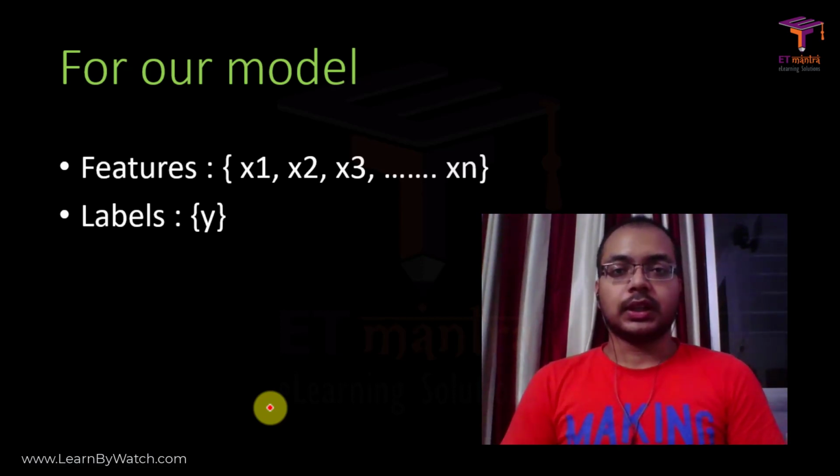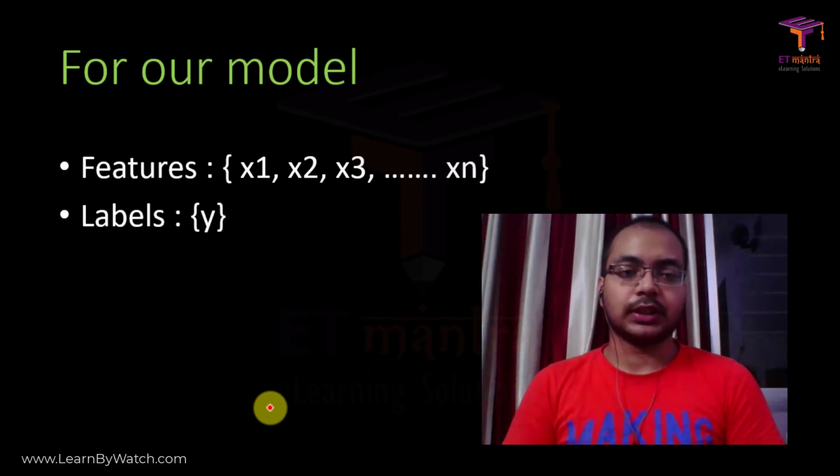Suppose if it is cat, then you will output 1. If it is dog, then 2. If it is bird, then 3. And if it is none of these, then 0. So suppose I output 1, which is cat. So that one is a label, and the input which I gave you, the number of legs, that it has whiskers, and number of eyes, those are features.